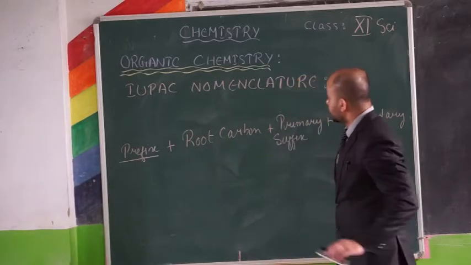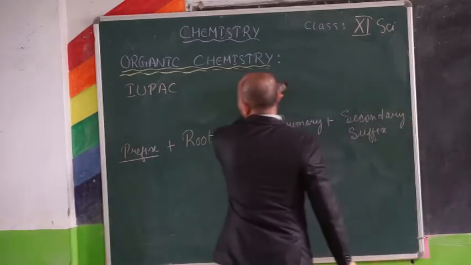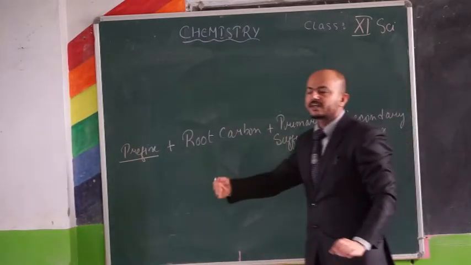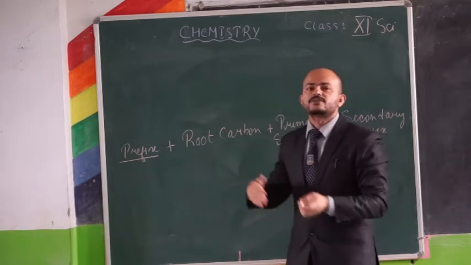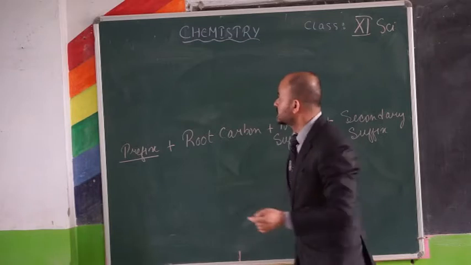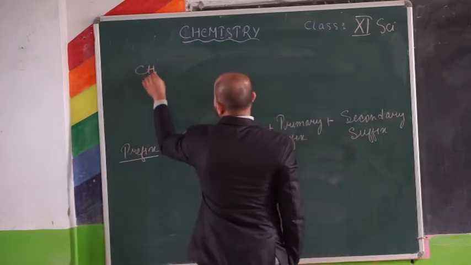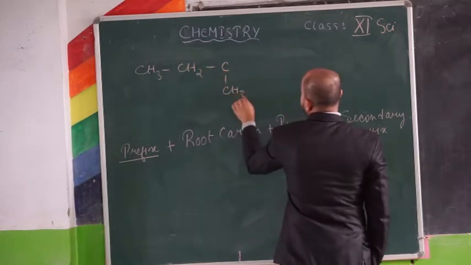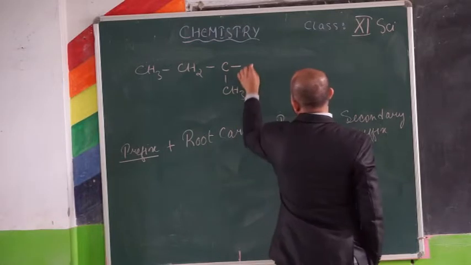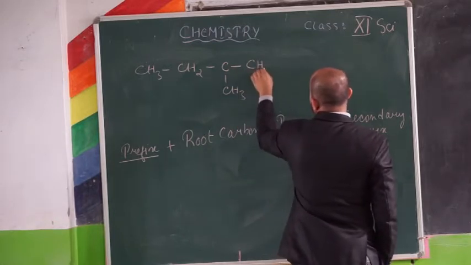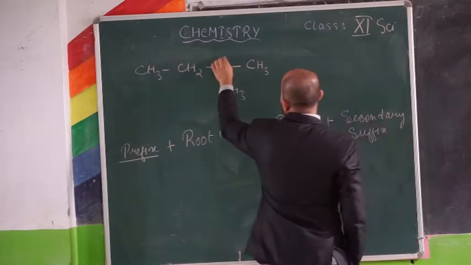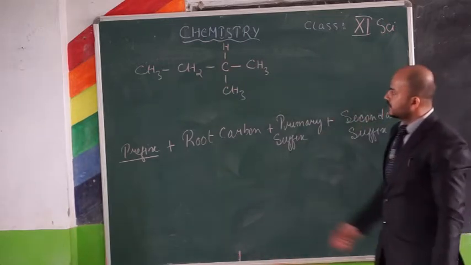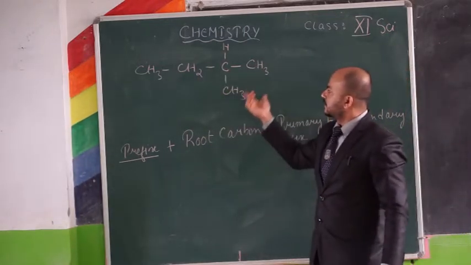Let's begin with the simplest of all. Then we'll be moving to more and more complex structures, and likewise we'll be learning about new rules. So let's take this compound: CH3, and here CH3, and here suppose you have hydrogen. So in this particular organic compound,